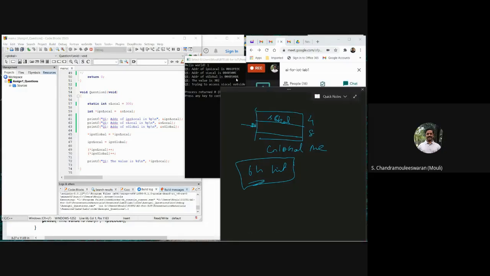Let me see. 5004 and C. It could be the next location also. Okay, if it is allocating 64-bit for every location, then the next variable will be +1 only. It is not +3 for sure, because from 4, +1 will take you here, +2 will take you to C. Okay, 8 plus 4, 12. So this is the place where this variable will be.